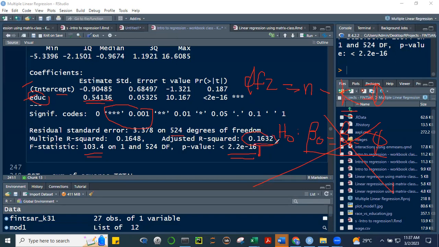We are more particular dun sa adjusted R squared compared to the multiple R squared, because the adjusted R squared takes into account the penalty that's given for adding more parameters. Kasi kung gusto lang natin mataas ang R squared, dagdagan natin ng 1,000 predictors, di ba? And when you add predictors, you will always come up with a higher R squared. Okay. However, ang tanong dun, does it really contribute to explaining your dependent variable?